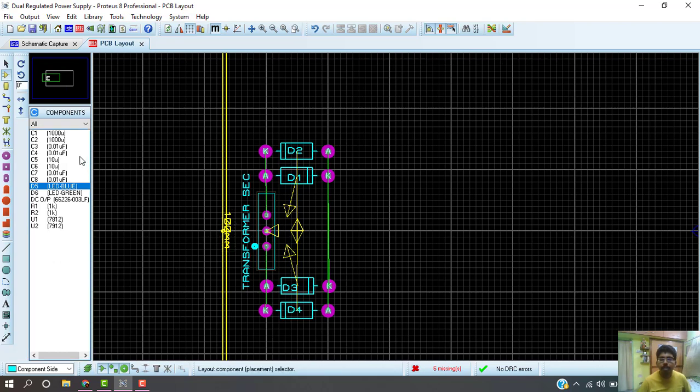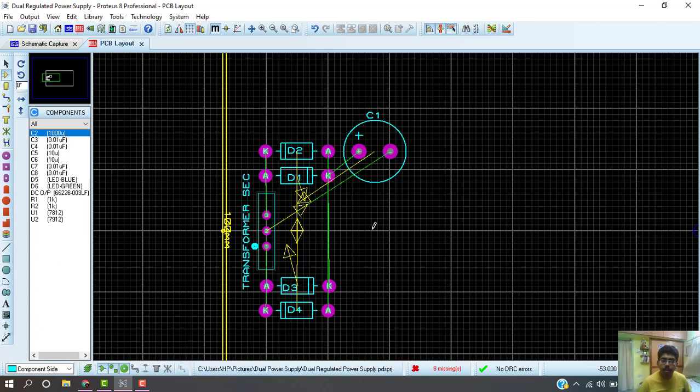Now we are moving to the capacitor side. You can rotate the component using plus and minus number keys.